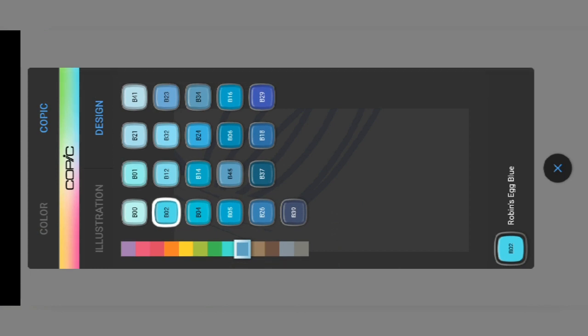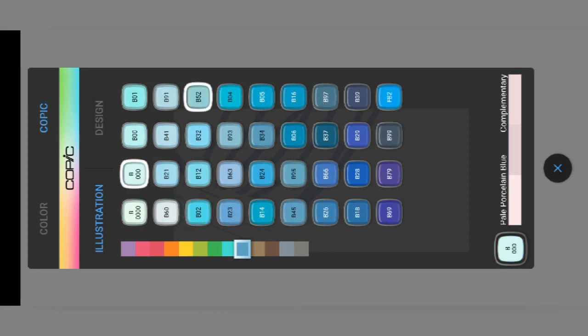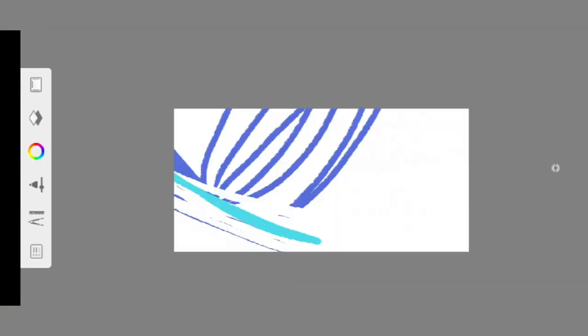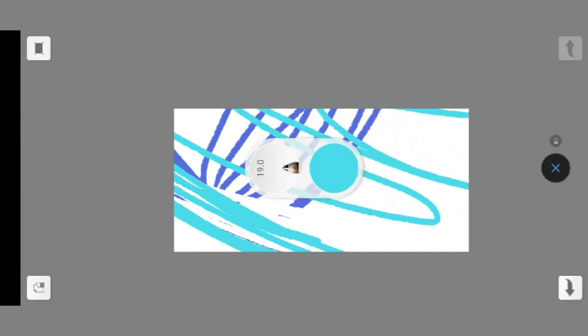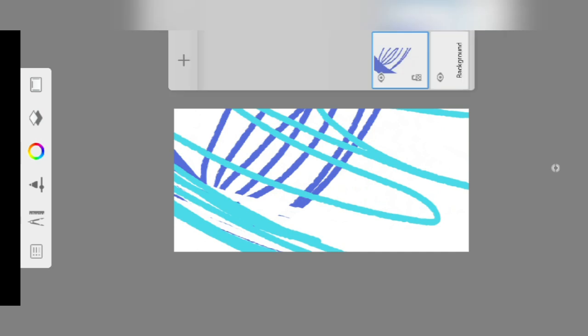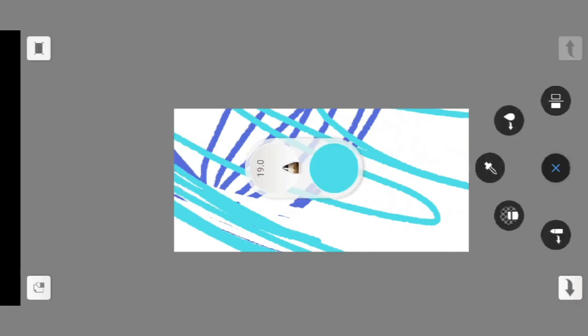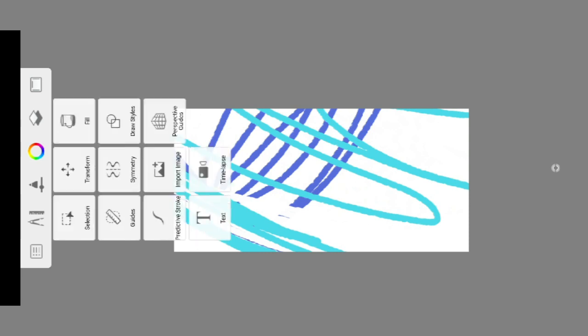So as I told you, we have all these options and more to come in future updates. I've newly updated this and I'm reviewing it right now. You have this pretty clean layout in Autodesk Sketchbook. You also have fill options. One flaw with the fill option is that, I'll show you, one minute.